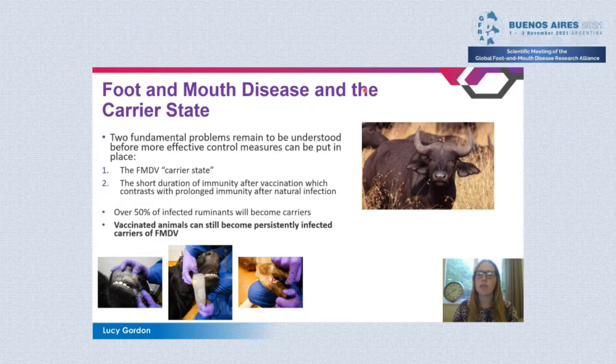Only ruminants are considered FMDV carriers, and among them, around 70% of African buffalo become carriers after acute infection and can carry FMDV for up to 5 years or more, which is why African buffalo are considered the primary reservoir of FMDV in Africa. Over 50% of cattle exposed to FMDV become carriers, and although current vaccines prevent clinical disease,